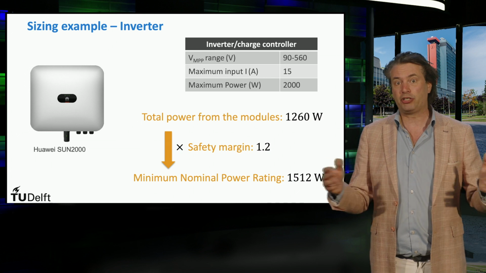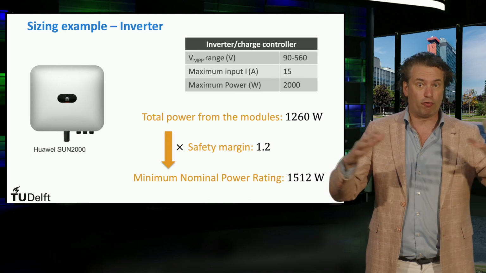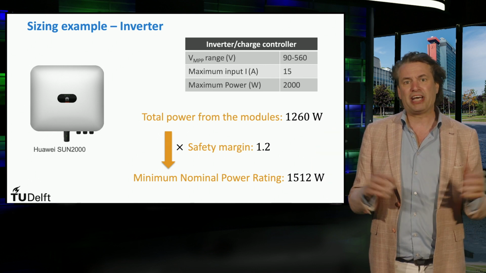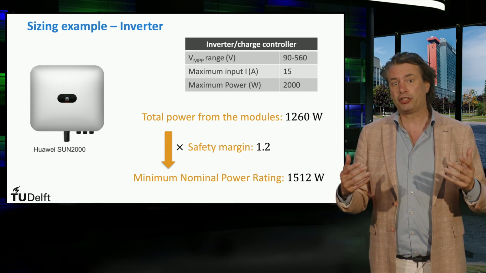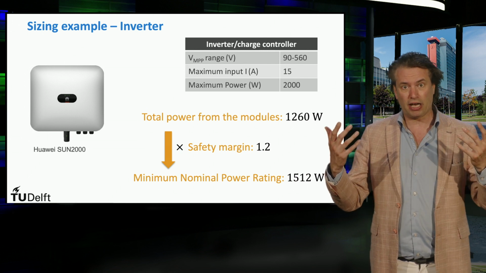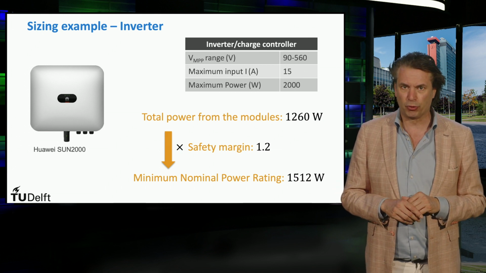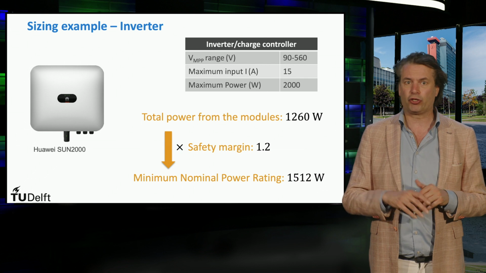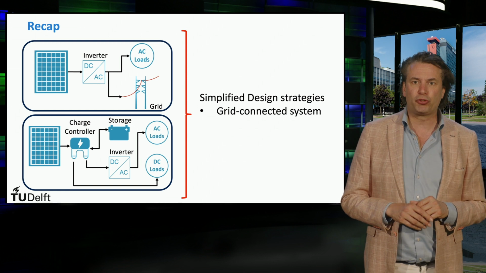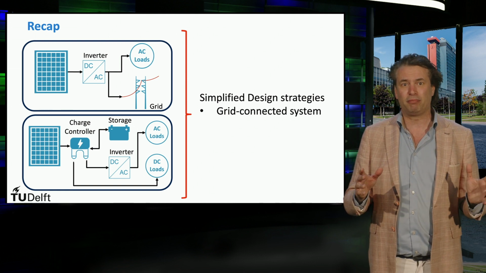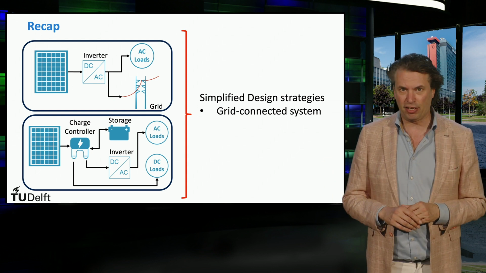If your grid operator pays you back for every watt of PV power you pump into the grid, it might look beneficial to oversize your PV system. But then the decision would depend on the system costs and the expected system yields, which in turn depend on the irradiance of the place, module level effects, etc. Thus, there could be quite some optimization that could be done purely at an economical level, which we'll discuss next week. In summary, we have discussed a simplified approach to design and size a grid-connected PV system based on the load needs, the local irradiance data, and the specs of the modules and inverters.